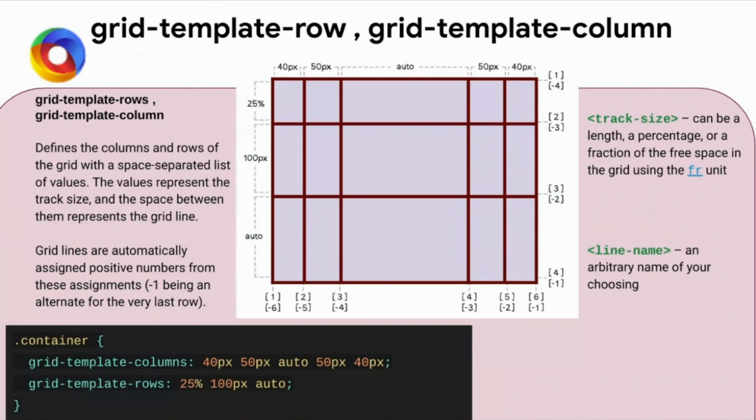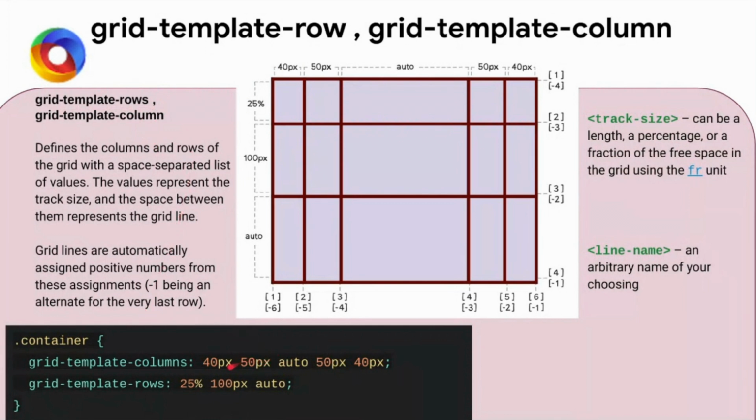Okay. Now coming to grid template rows and grid template columns. What exactly does the word grid template suggest? That your main columns are created. The extended columns, which we have seen, the implicit columns, are not created with grid template. It will create only your main rows, whatever you want to initialize. Okay, so let's see here, grid template rows and columns are there.